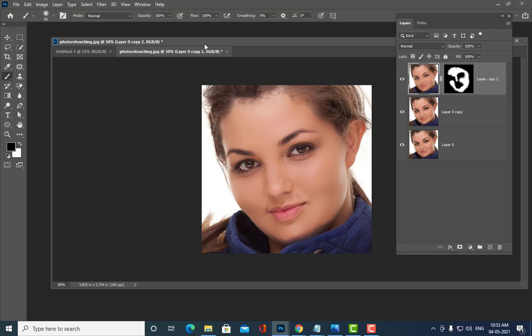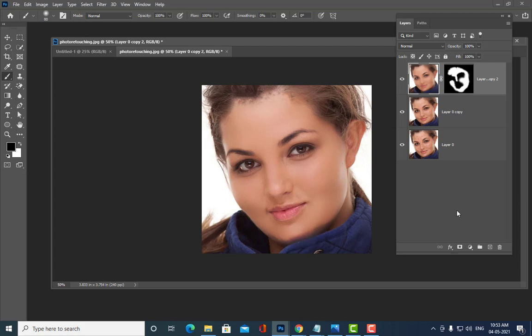Okay, right. So we have come till here now. Now her face is a little bit smooth. Our next step is, we will add a little bit more attraction to her face. We'll give her some glow.